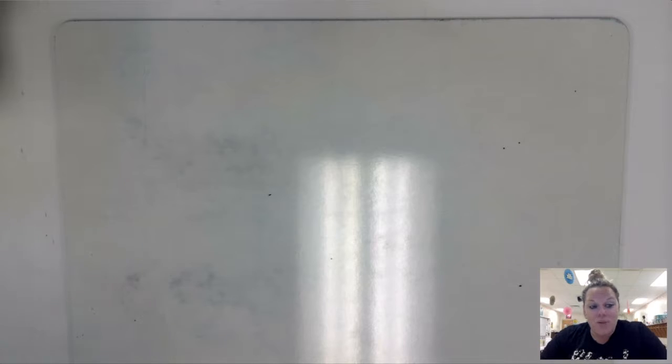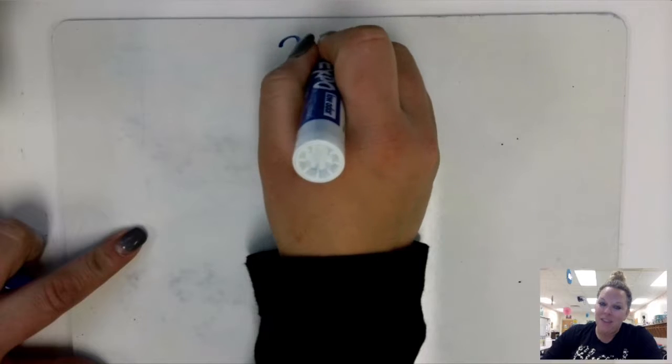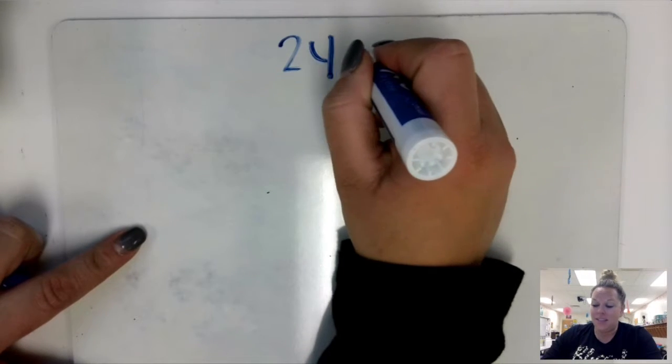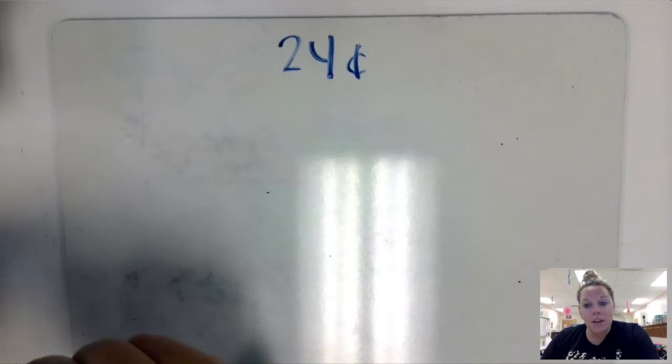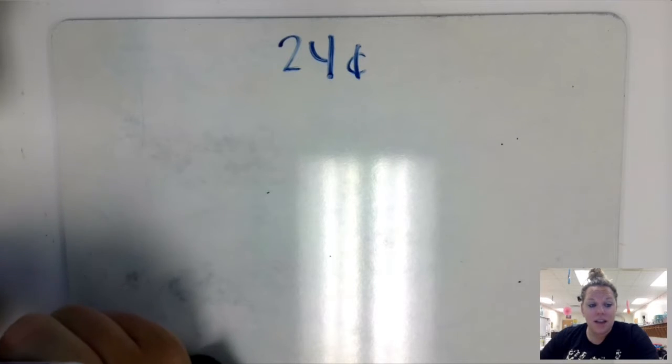Good morning, first grade. Today we are taking a look at lesson 61 for math. Today, what we are going to be doing is we are learning how to add two-digit numbers with regrouping using dimes and pennies. So if I have 24 cents, how would I show 24 cents using the fewest dimes and